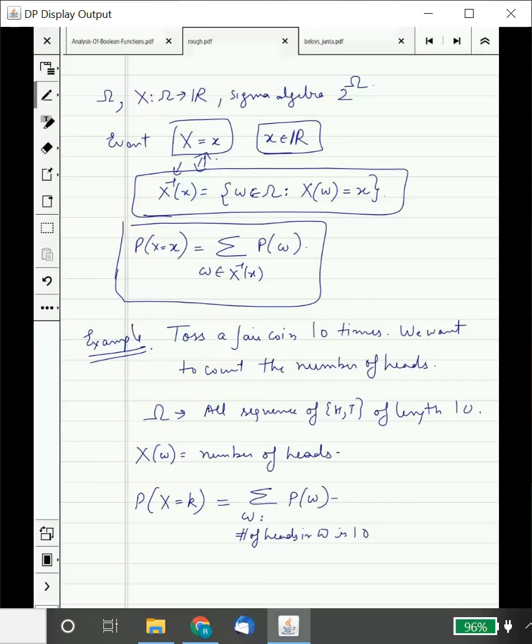You can notice that there are 10 choose k many such sequences. For every sequence, the probability is the same. What is the probability? It is half to the power k, half to the power 10 minus k. The coin was fair. This is equal to 10 choose k, half to the power